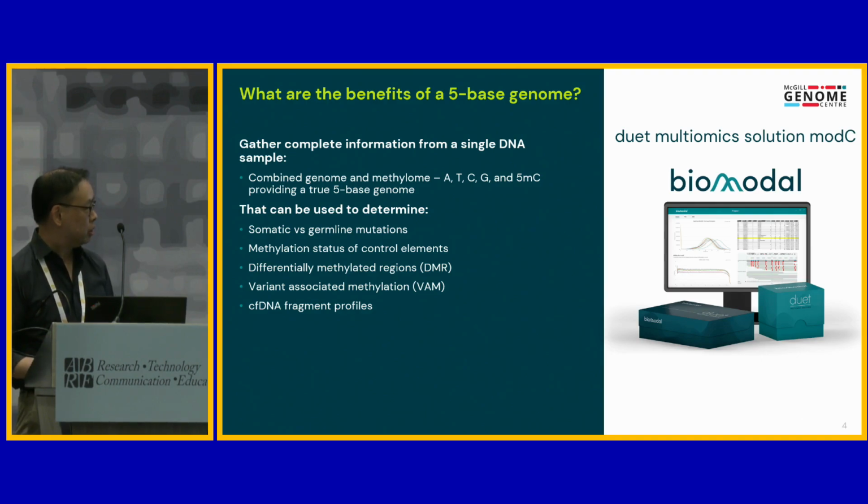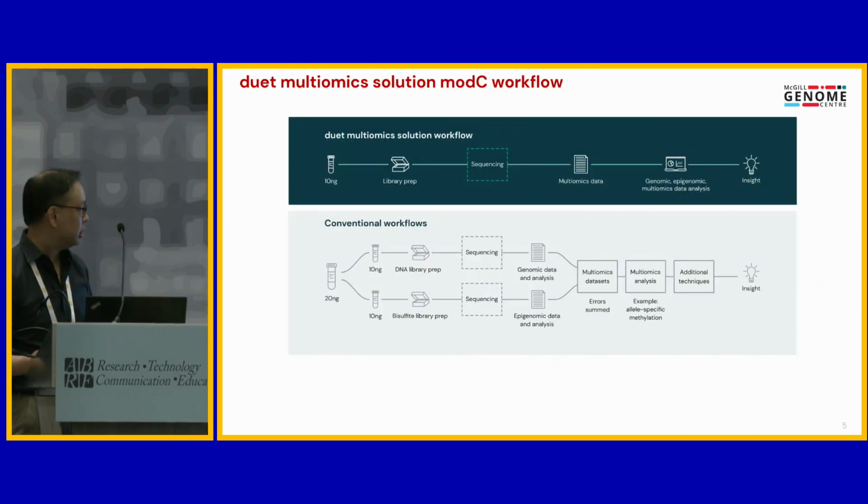So their product is the Duet Multiomics Mod C solution, which basically generates the 5-base genome, which is the genomic sequence, the A, C, G, and T, plus the methylation. And what's interesting about this solution is that it's basically a very simple workflow where you just take a small amount of input DNA, down to 10 nanograms, you make a single library prep, you sequence a single library, and then you get both the genomic sequence as well as methylation. And then they put it through the pipeline and you get